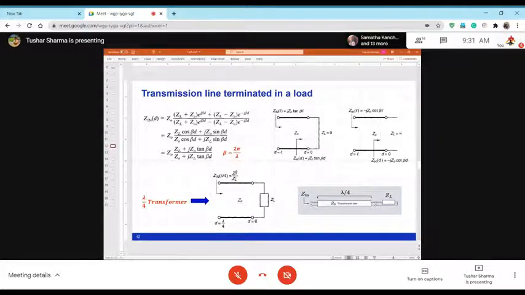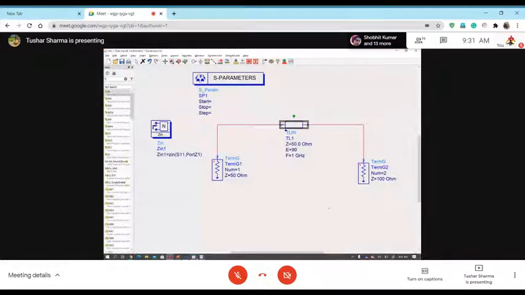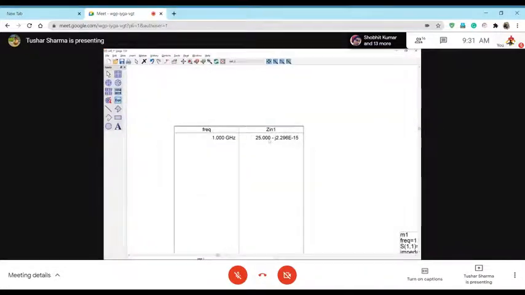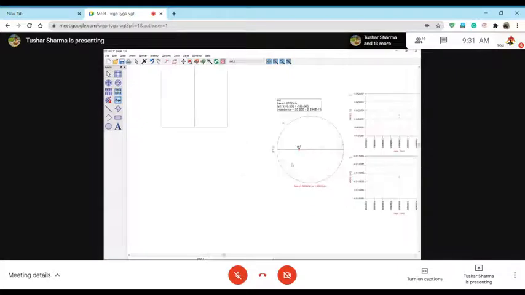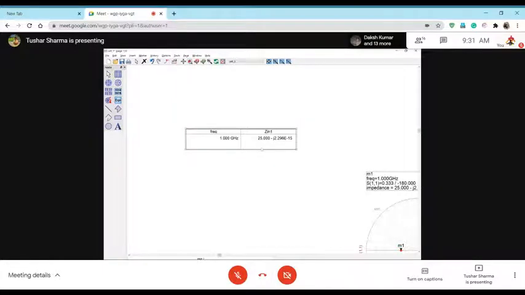So how much is Z naught in our case? 50 ohms. So 50 times 50 divided by ZL, and ZL is how much? 100 ohms. So that becomes 2500 over 100, so Z in becomes 25 ohms, and that's why you are seeing 25 ohms here. Is that clear? Did you get what happened just now? Hello? Yes, sir.